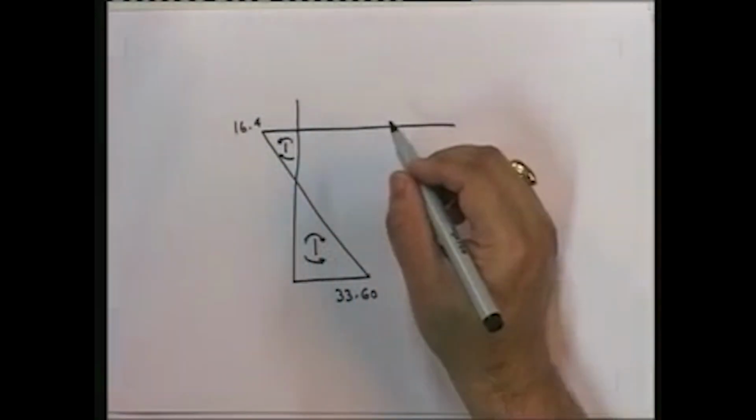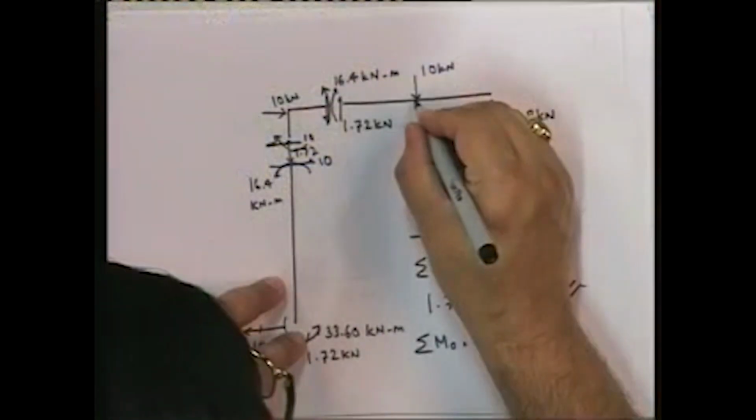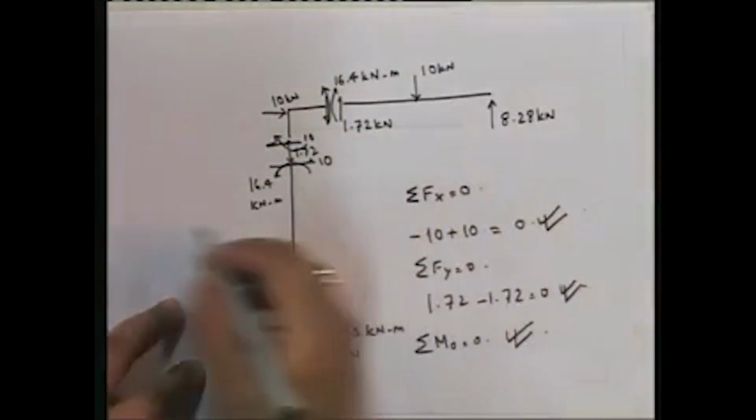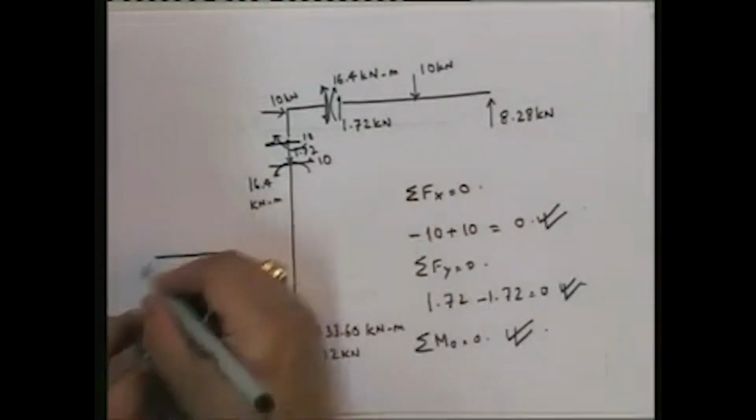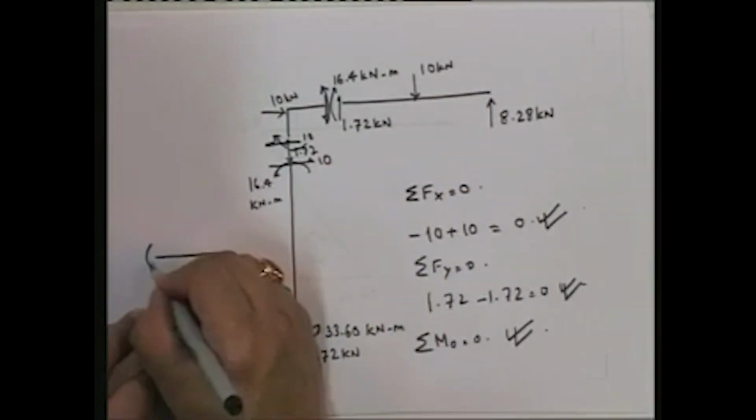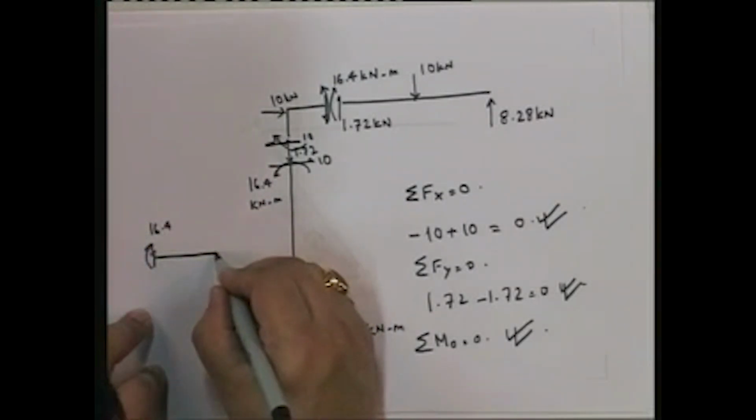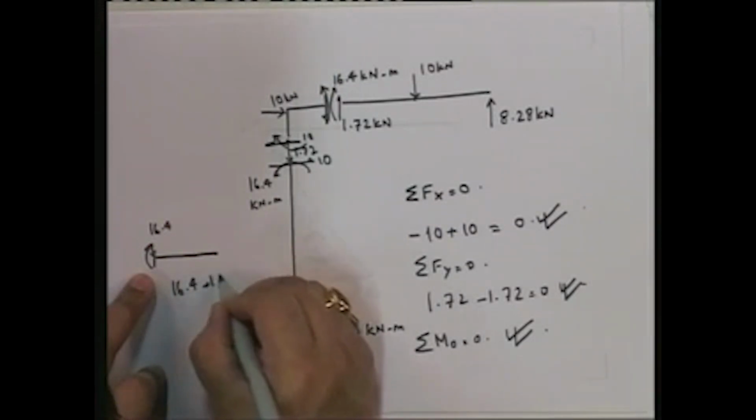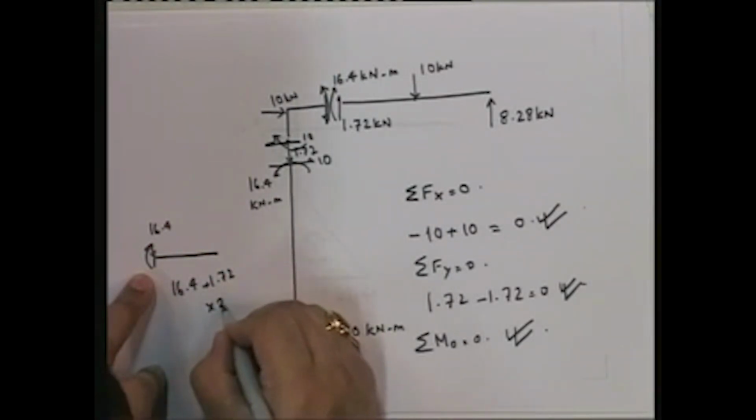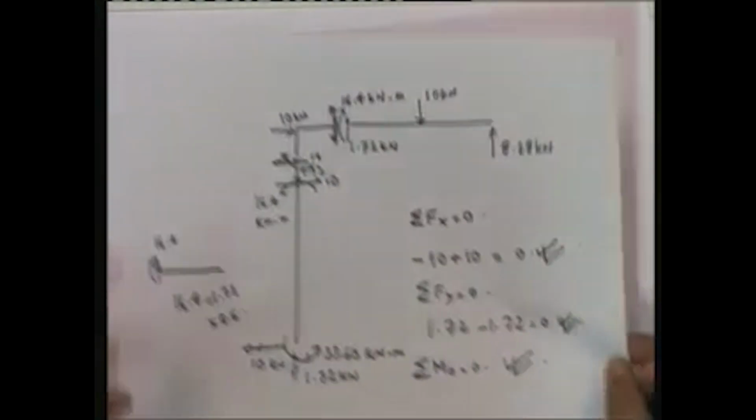And let's see what we have. Let's see what the moment at this point is going to be. Moment at this point, if I take a cut here. So I'm taking a cut exactly to the left of this load. What is going to be the moment? There's going to be 16.4 and this. So take moment about this point. It's going to be 16.4 plus 1.72 into 2.5. So that is going to be equal to